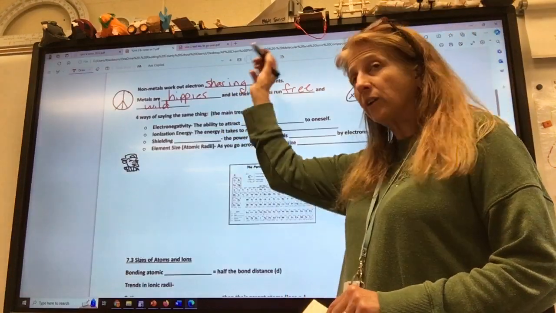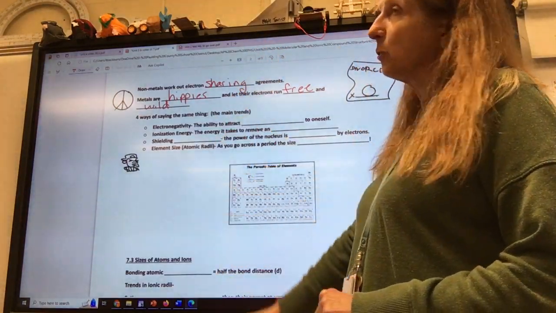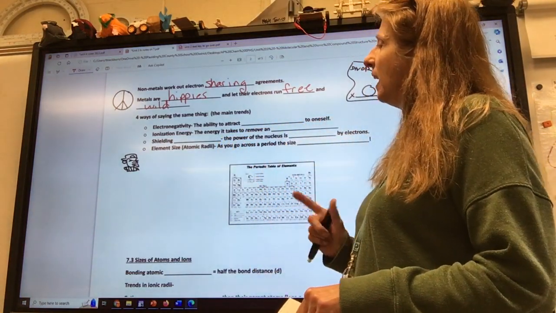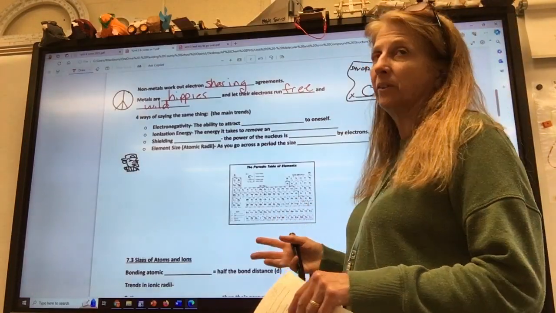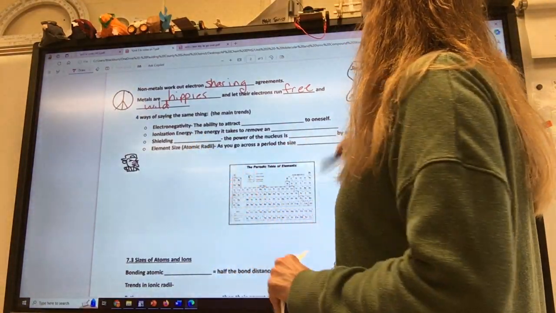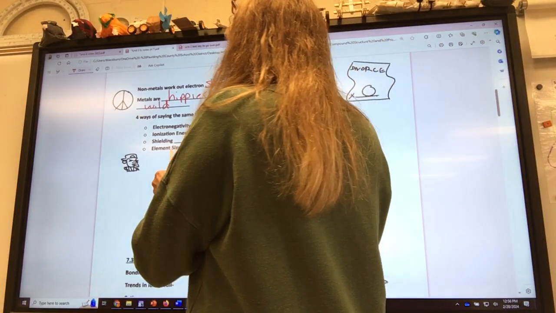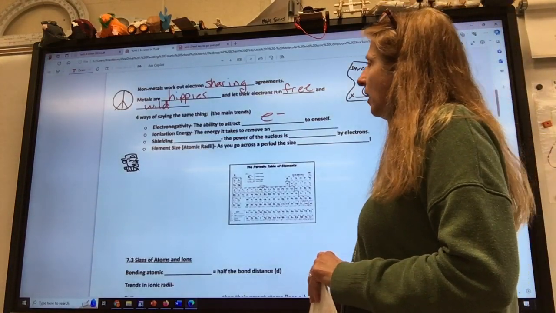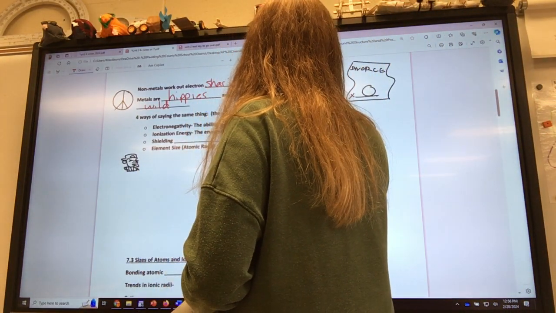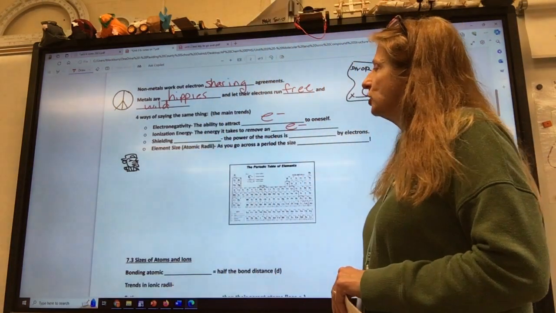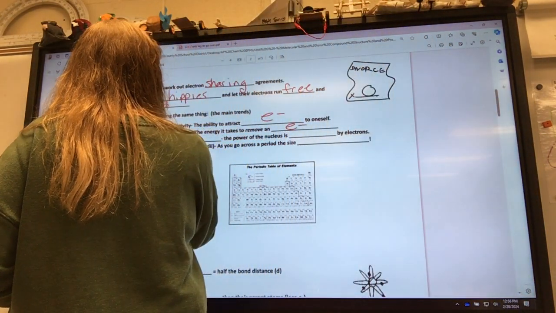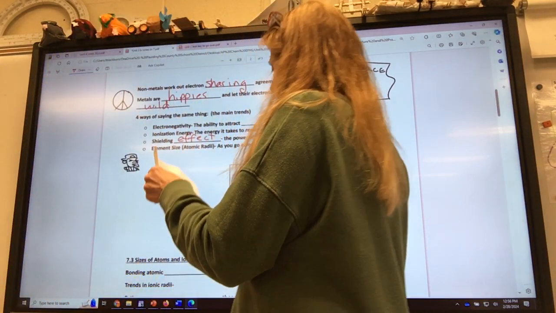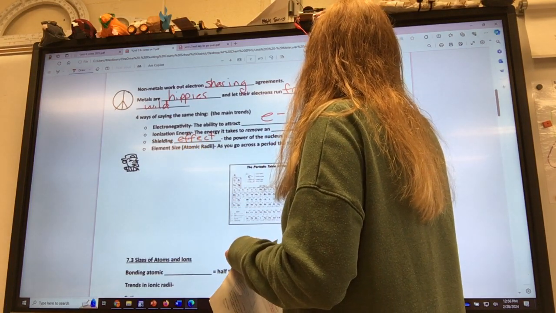Okay, so if you keep those ideas in mind, there are 4 fancy ways to say this, not talking about children and hippies. Okay, and it's called electronegativity, ionization energy, shielding effect, and element size. All are related to this. So what is electronegativity? The ability to attract electrons to oneself. How attractive are you to electrons? Ionization energy is the energy it takes to remove an electron. Shielding effect, we already talked about, they called it screening effect in your book, is the power of the nucleus is blocked, can be blocked by electrons.